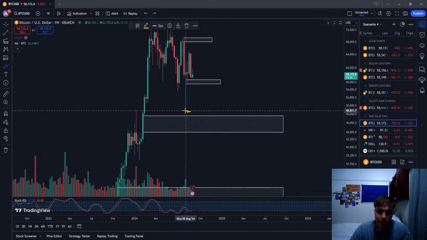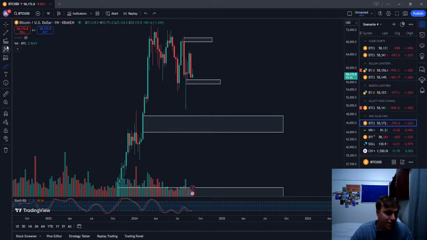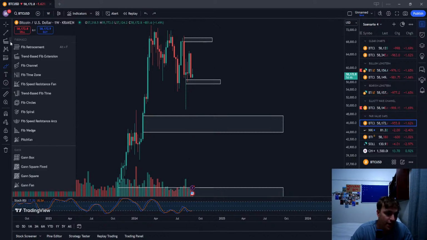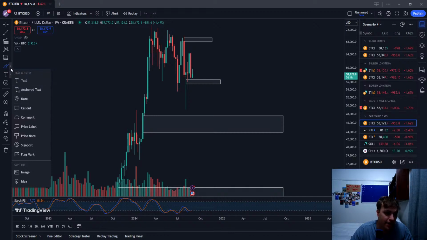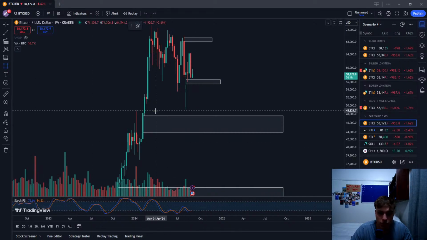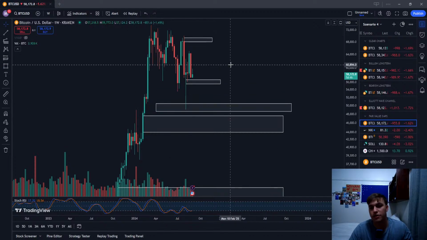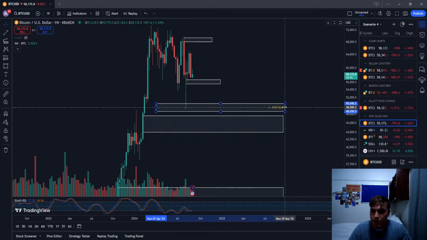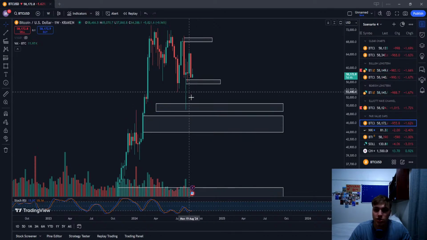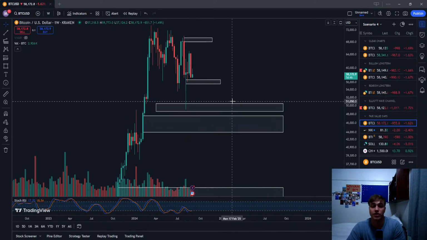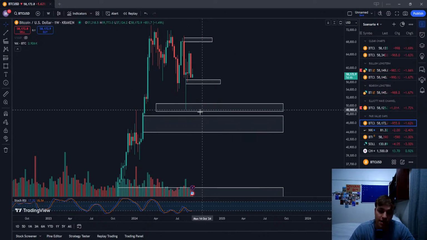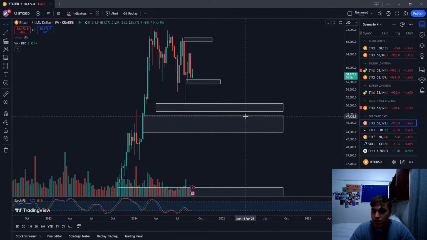This actually hit a mini weekly fair value gap here, which was also interesting. I didn't have it written out on the chart because it's quite a small one, but if you look here as well, we used it perfectly as support. Now that it's touched and used as support, the likelihood of a second touch and then a breakthrough is very high. So I think we find support just under it, sitting at around that 47,600 level.